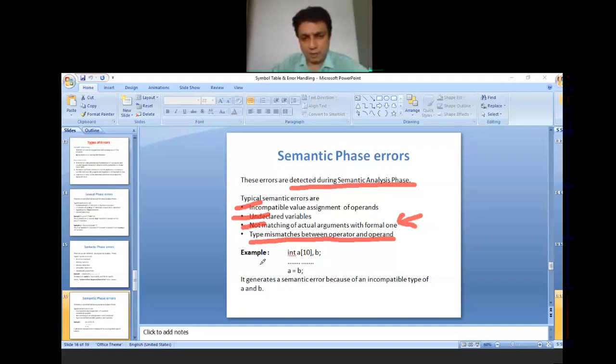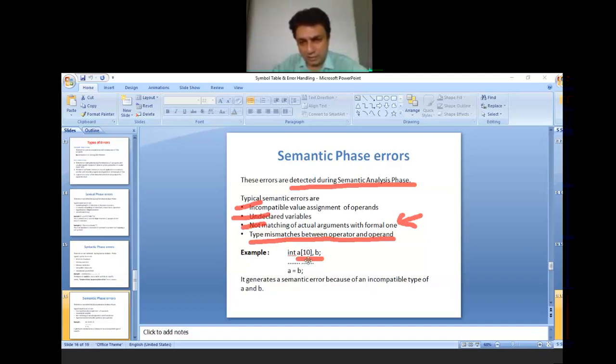For example, if we write int a[10] and b, here you can see that both are of int type, but there is some variation. a contains 10 values but b contains only one value.